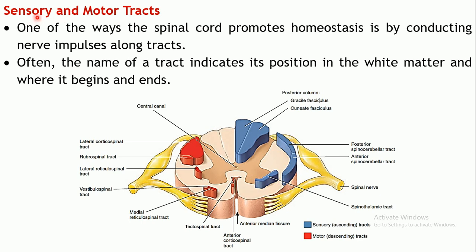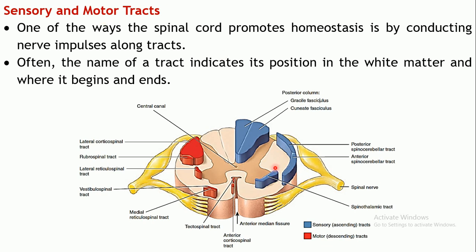That function is carried out by the sensory tracts, right? Sensory means sensory neurons. What are sensory neurons? These are the ones which carry the signal towards the CNS. So in this case, it will be conveying the signal towards the brain for processing. And the motor tracts are the ones which are carrying the information away from the brain towards some effector organ. Okay, so these are the motor neurons. These contain the axons of the motor neurons, because they are carrying the information away from the CNS, right? Okay, so these are the two types of tracts, sensory tracts and the motor tracts.